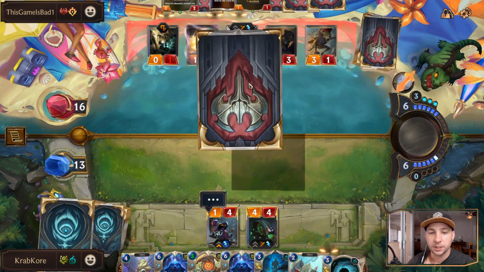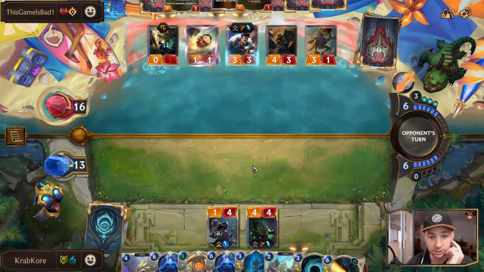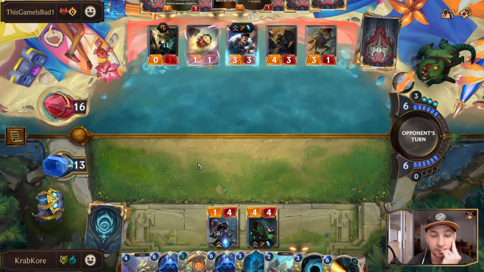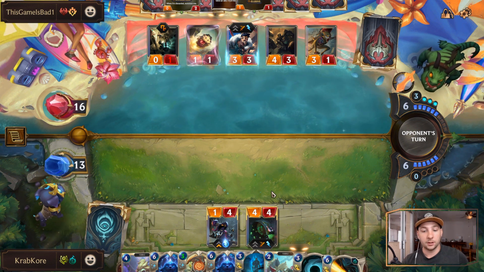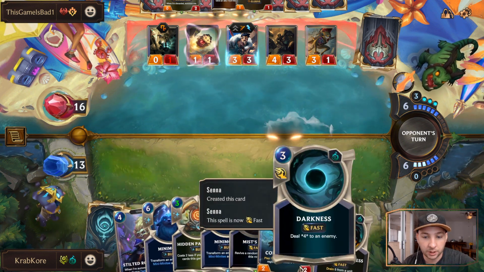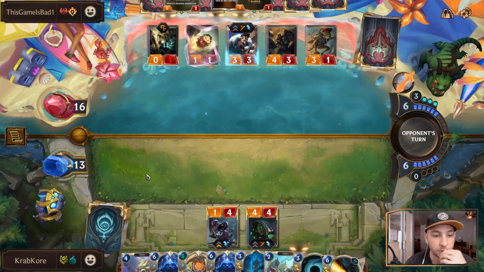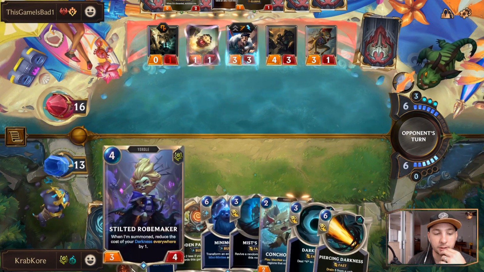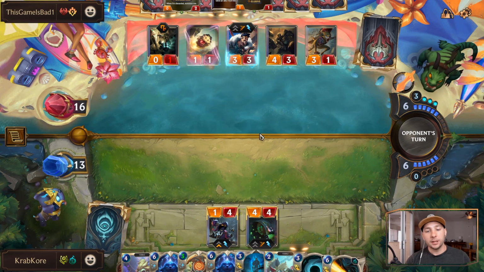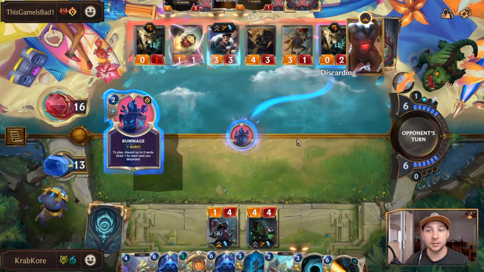Okay, so we're on turn 6. Sion doesn't come down till next turn. What? That is such a good draw. Holy crap, that's such a good draw. Stilted Robemaker into Darkness for 1 or for 2. That's not bad. This blocks really good here. This kills that. That seems really, really strong. This deck is so good. I was really, really worried, honestly, that this deck would not be good because of the...